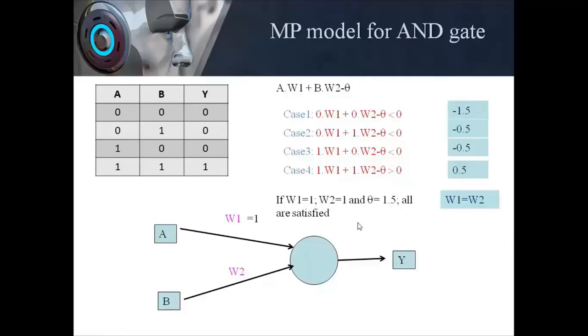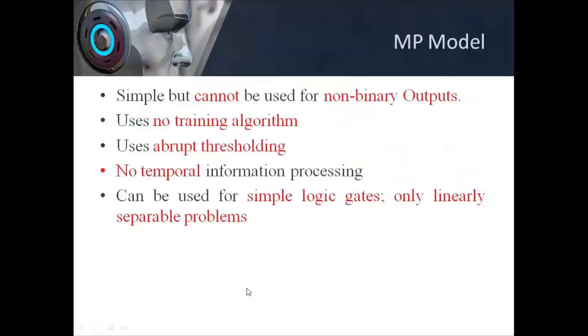So I can say that my model with these values is going to work perfectly fine. And so this is how we can apply the MP neuron model to compute the values or to design an AND gate. So with this understanding, I can see that my MP model can be used to design simple logic